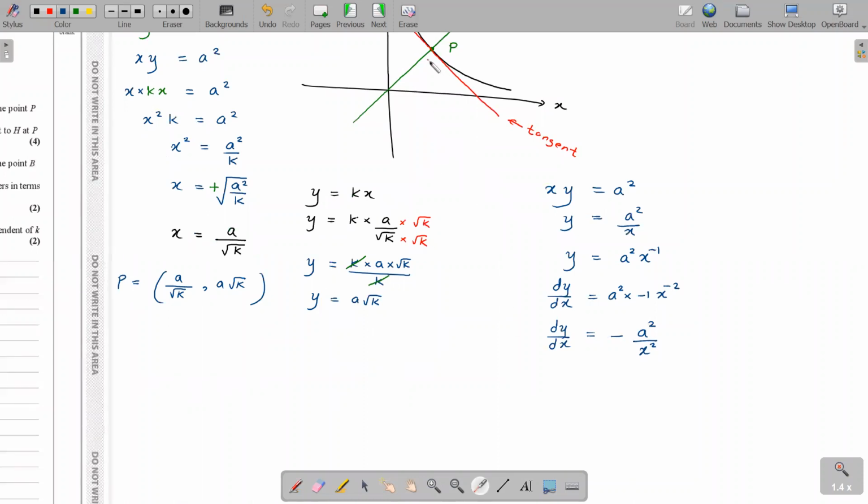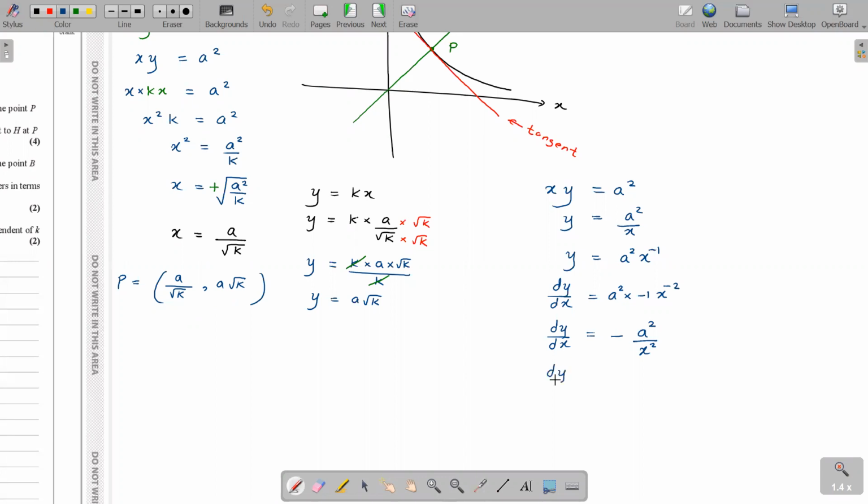So what should I do? I should replace this x with the x coordinate of the point P. Just think of what you would do if you got a numerical value here. If you have a numerical point and you have a curve and you want to find the tangent at that point, you get the dy by dx of your curve and you substitute the point coordinate into the dy by dx. That's what you would do. So here, you do the exact same thing, even though it's with letters. It's the same process. So replace,